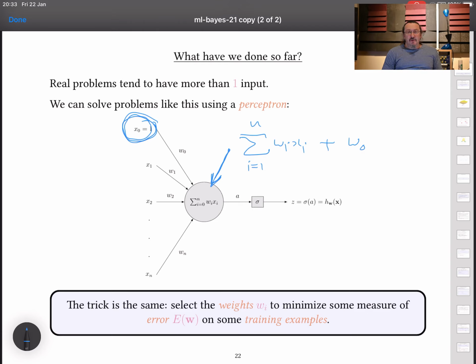The trick then with a perceptron, and these are or have been widely used as just individual machine learners throughout the history of the subject, there again is to choose those weights in a way that minimizes some measure of error over some collection of training examples. Now, it's very easy to dismiss this little guy, the perceptron, as being far too simple to ever work in practice. Well, you might be surprised.